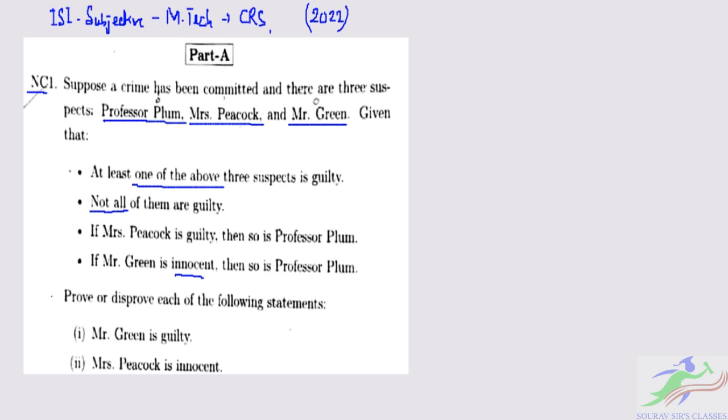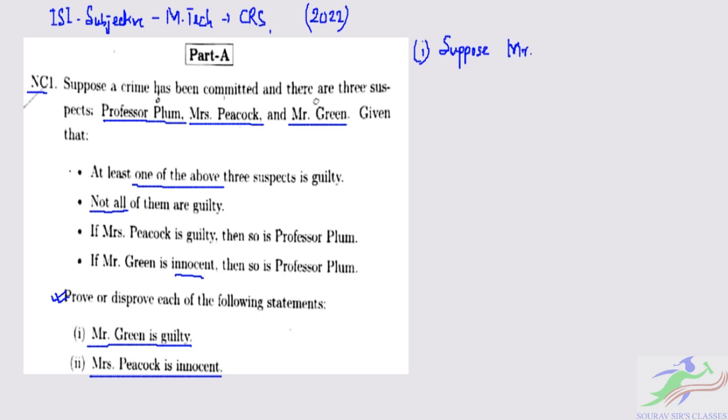So we have to prove or disprove each of the following statements. Which one is this? Either one or two. So this one states that Mr. Green is guilty, and point two says that Mrs. Peacock is innocent. Okay. So let us take first point one, where we will consider that suppose